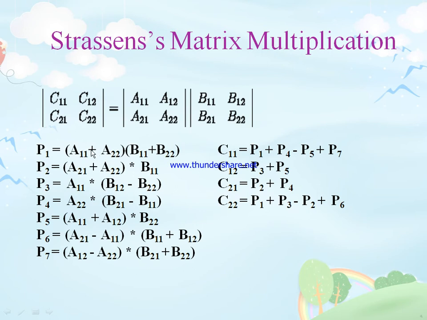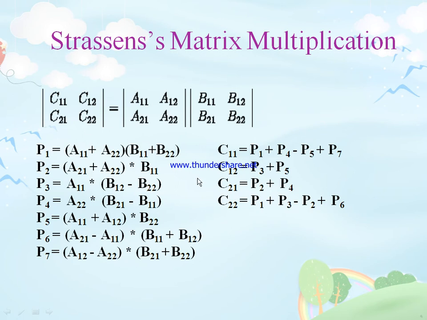So here the additions are 18, additions or subtractions: 1, 2, 3, 4, 5, 6, 7, 8, 9, 10 in the productions and 8 in the cell calculations. So that is the additions or subtractions we are considering. After multiplying, we have to store that in cell values, that is the temporary resultant matrix. So multiplication means C equal to C plus A into B. So these are the C plus iterations. These are the A into B iterations.